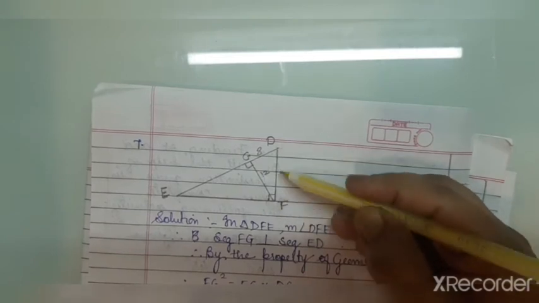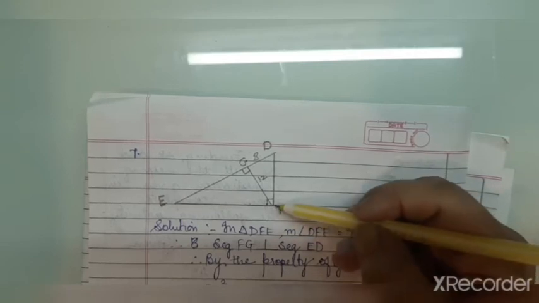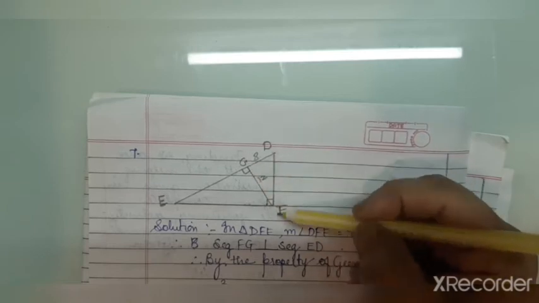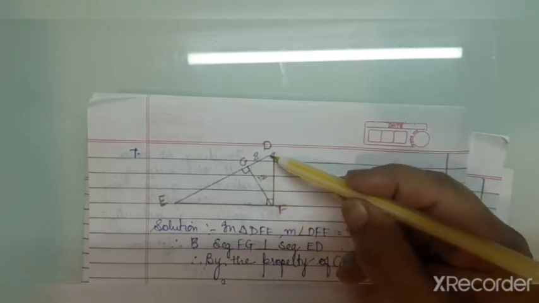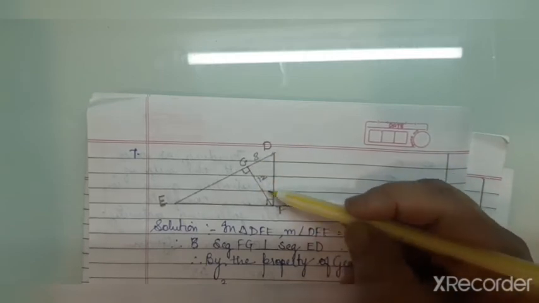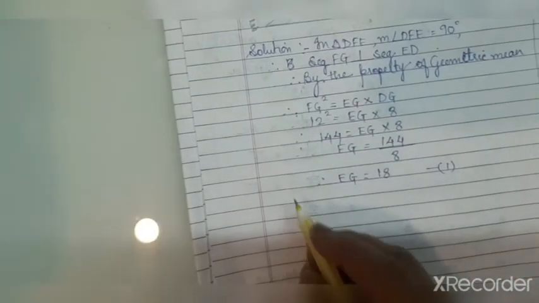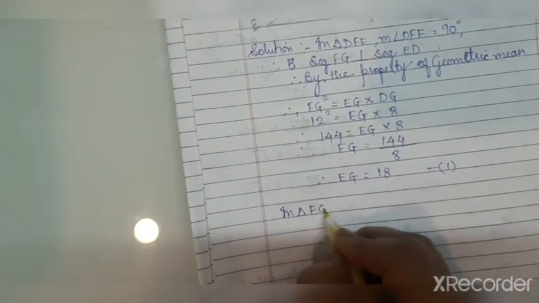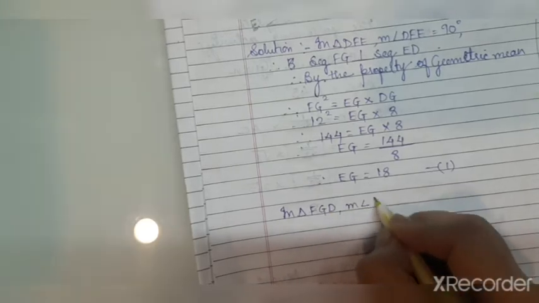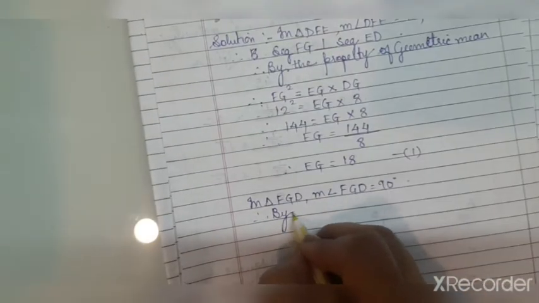Now if we want to find FD, we cannot use geometric mean here. Okay, but if you observe, FD is a side of a triangle which is a right angle triangle, that is FGD. And out of these 3 sides of FGD triangle, we know the 2 sides. So we can find the third one by which theorem? Pythagoras theorem. So you'll write in triangle FGD, measure angle FGD is equal to 90 degree. Therefore, by Pythagoras theorem,